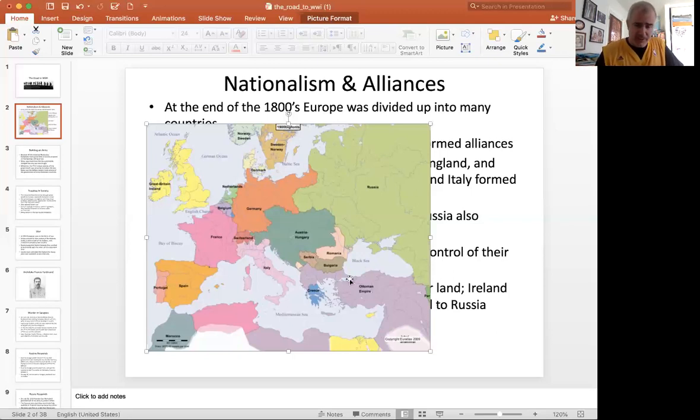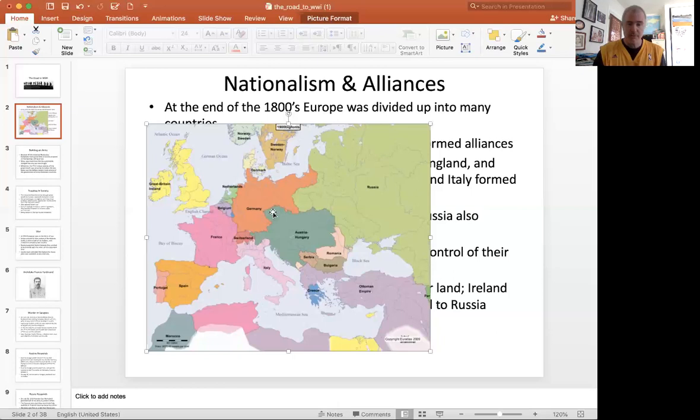There is sea access, but there's just one little teeny area to get through, and the Russians didn't control it. The Ottomans still controlled this area. So the Russians were hoping that Serbia could take this land, which would then allow them to put a little port where they could launch their ships into the Mediterranean. It would really help Russia's economy to be able to do this.